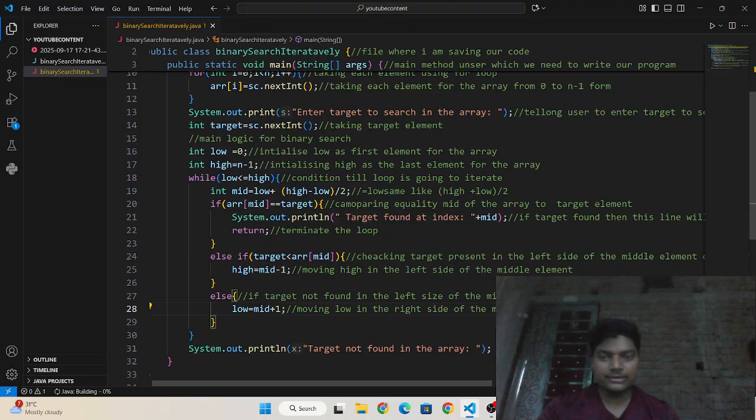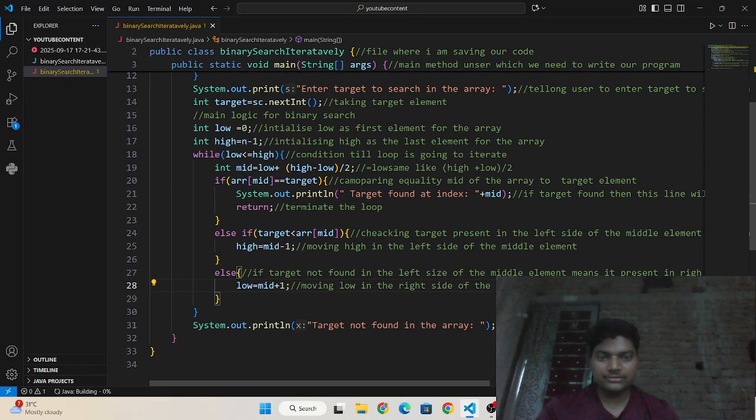And this will repeat till array mid is equal to the target. Okay, till then the loop will iterate.